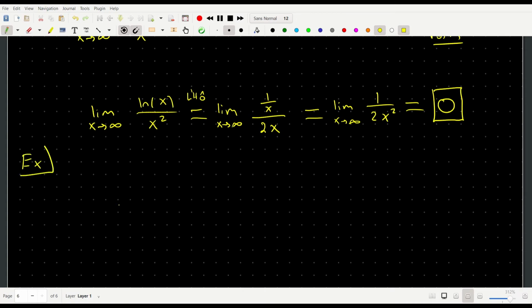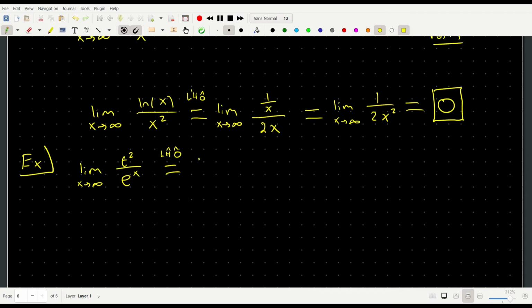For another example, we can look at the limit as x goes to infinity of x squared over e to the x. This also yields an infinity over infinity indeterminate form, and if you evaluate what this limit is from L'Hopital's rule,